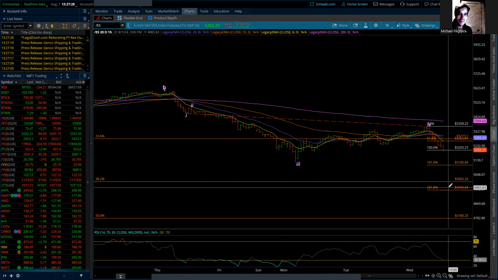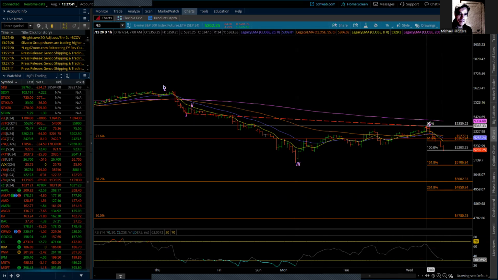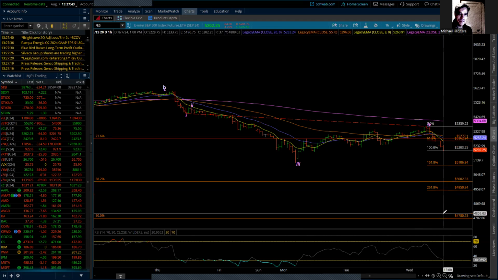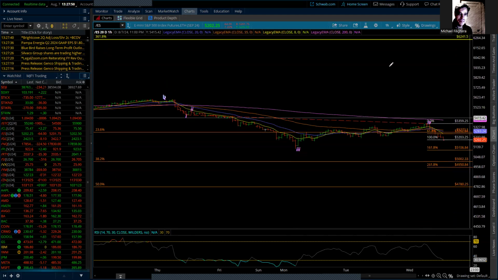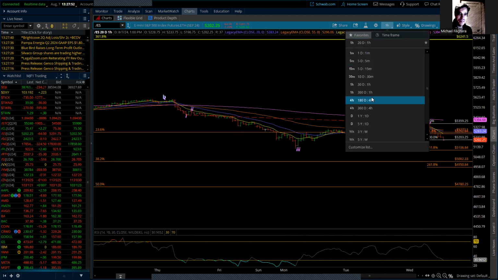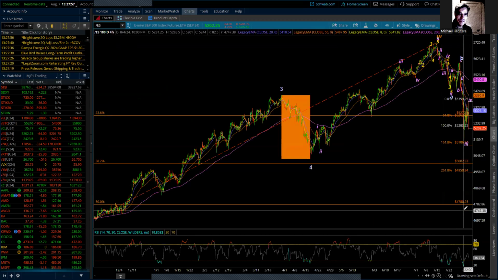So here's the deal. If it is going to be one of the alternate counts, then if this down to here was 1 of C and this was 2 of C, we're going to go through this like, yeah, you know what. And so that really does bring about, I got to push this higher, some much different numbers.